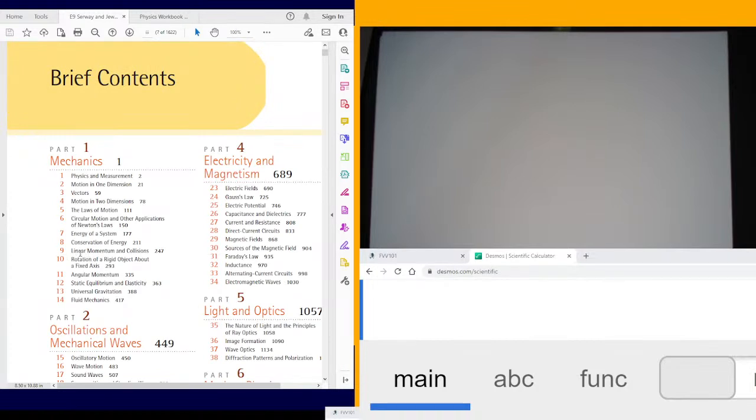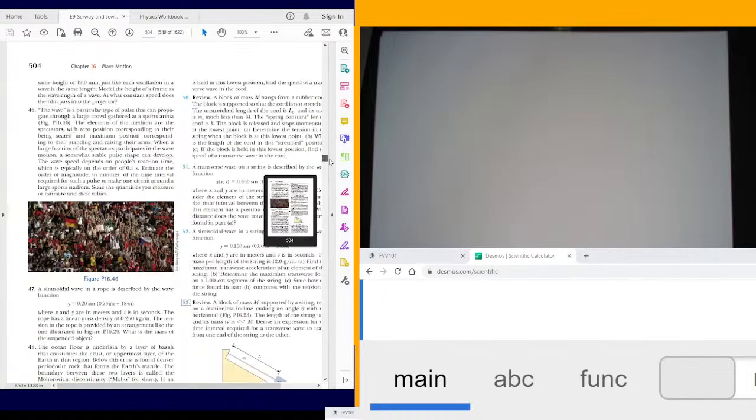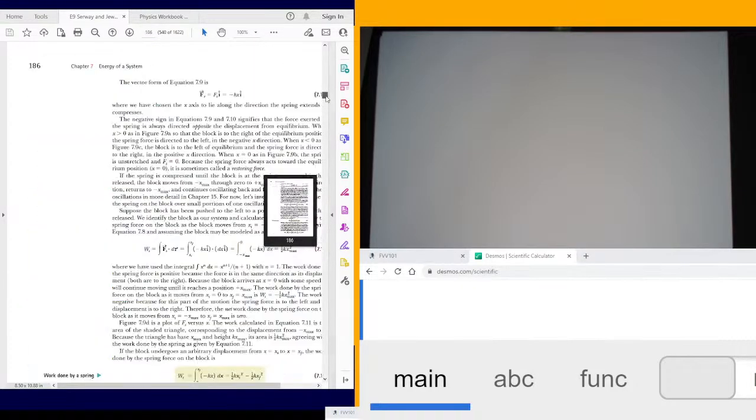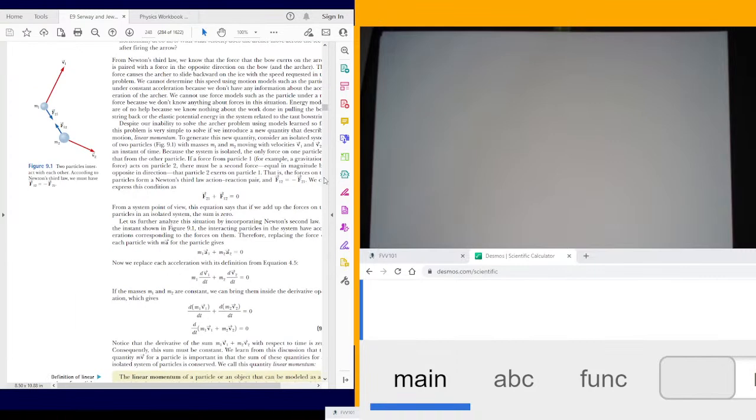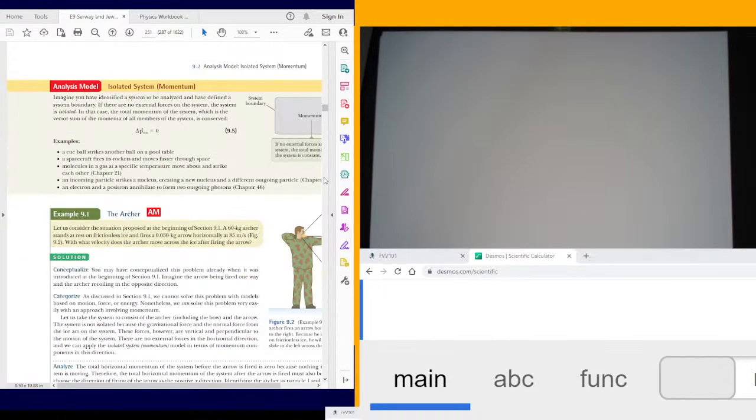Yes, linear momentum and collisions come before rotation of a rigid body about a fixed axis. So we will be doing some linear momentum and then rotation around a fixed axis. It's page 247. Okay, there you have it, a collision. It's linear momentum and collision. We'll go to the problems. First let's go to